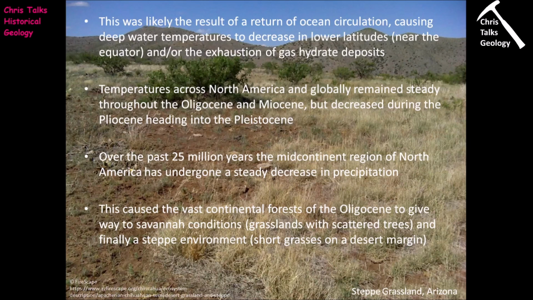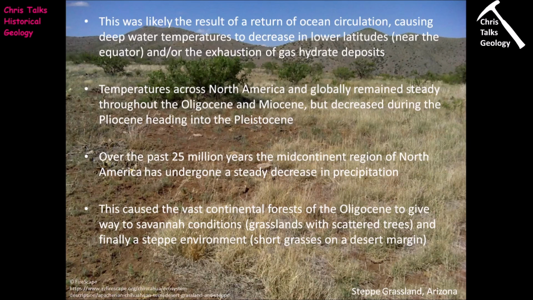The other possibility is that maybe by the end of the Eocene, the tropical gas hydrate deposits have simply been exhausted. So there's no more gas hydrate actually left to break down. And if there's no more gas hydrate, that means no more methane being released. This means any methane that's present in the atmosphere towards the end of the Eocene will steadily be stripped out, and so over time we're going to see a steady weakening of the greenhouse effect and therefore a decrease in global temperatures. Now, as we transition from the Eocene into the Oligocene, we do see that global temperatures drop, and